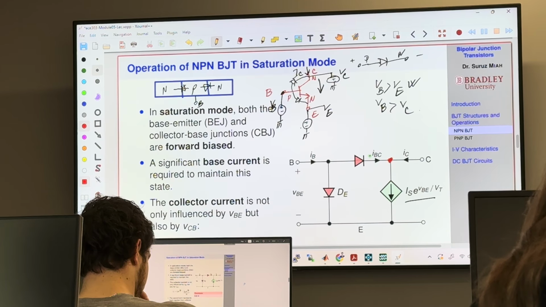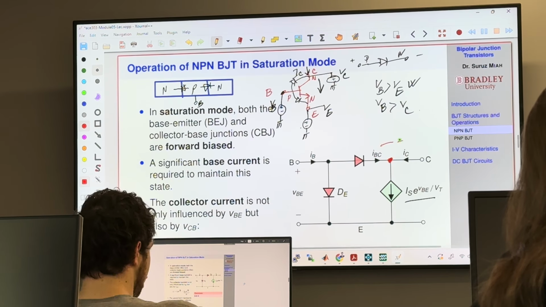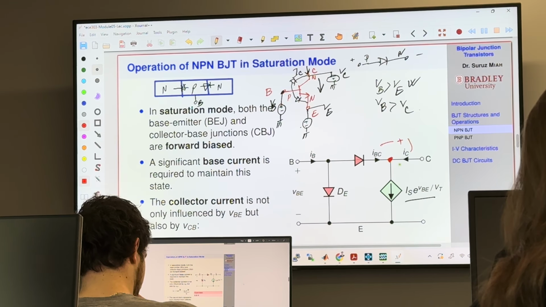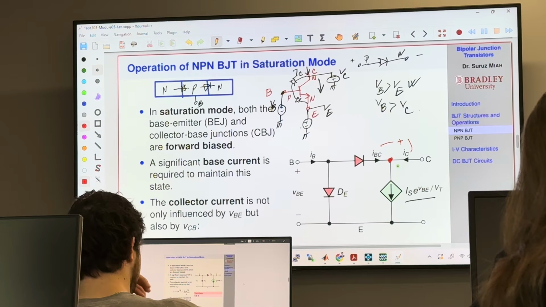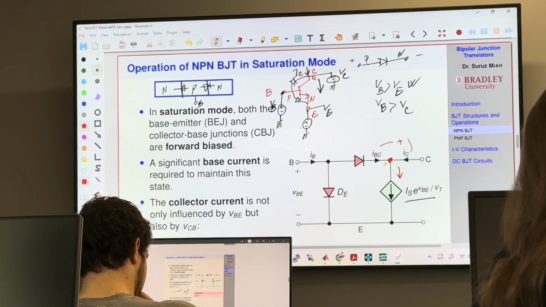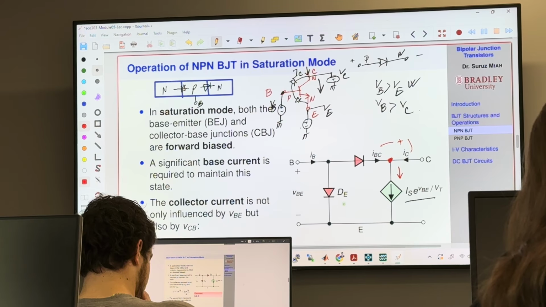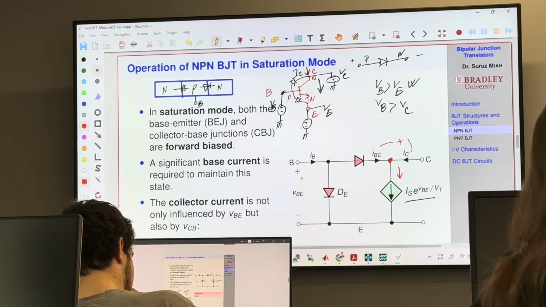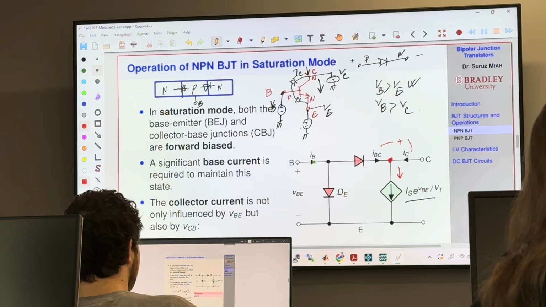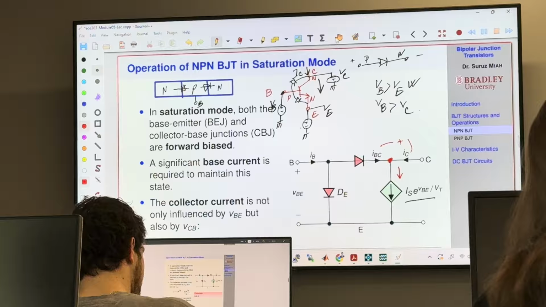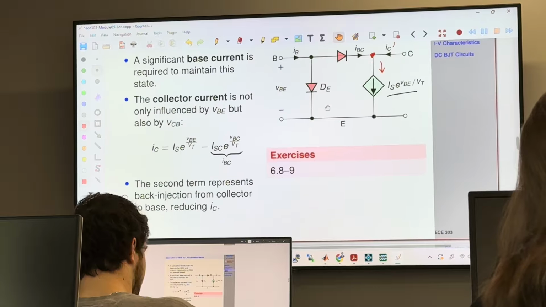Using KCL, this current plus this current is going to be this current. So IBC plus IC equals this, and you must have a current flowing from IB. Okay. Now, if you see